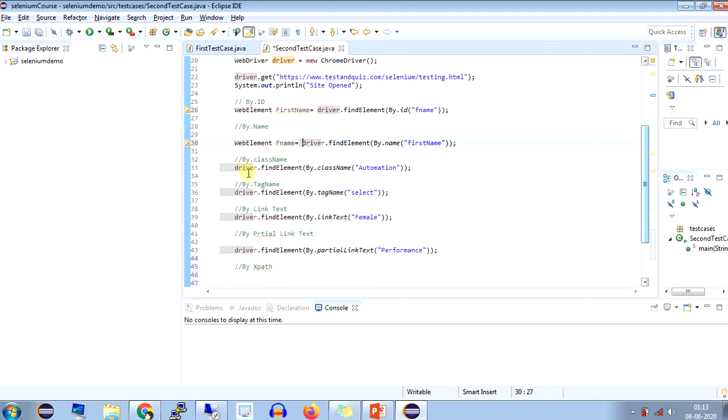So like WebElement fName is equal to findElement by name. Like that, let me add a web element name for all locators.